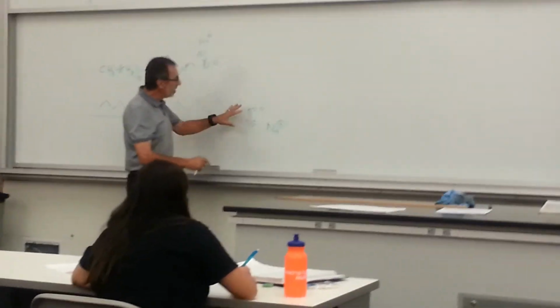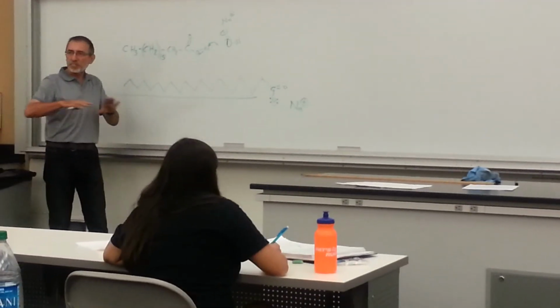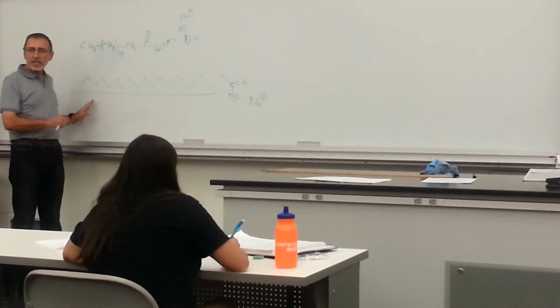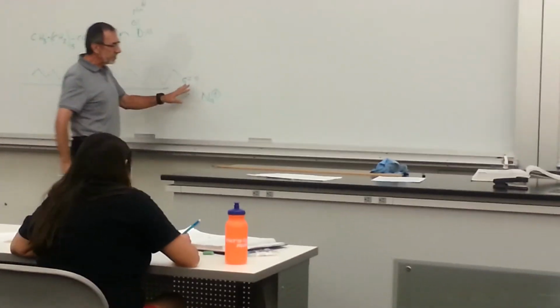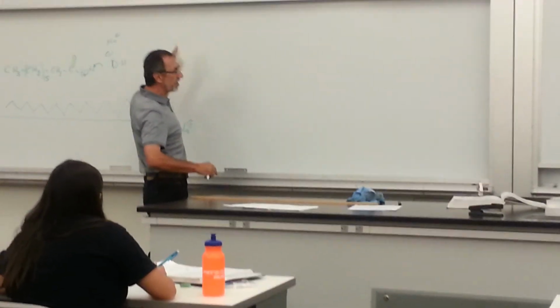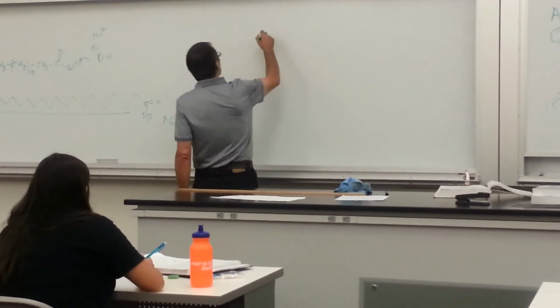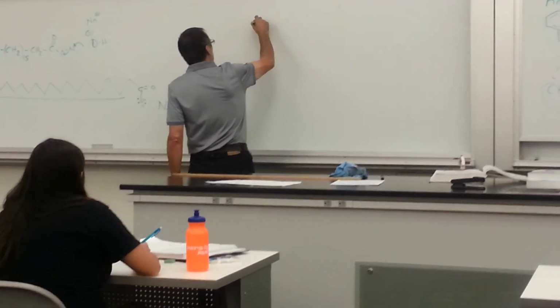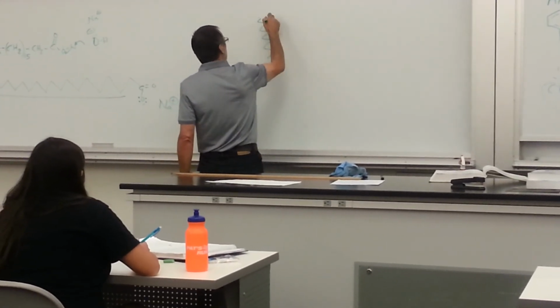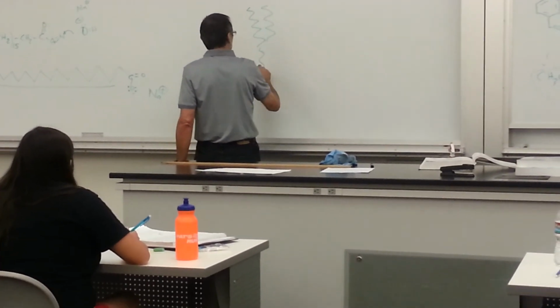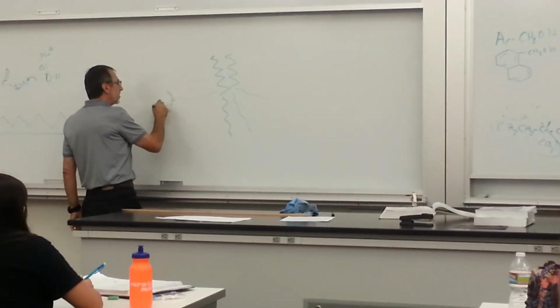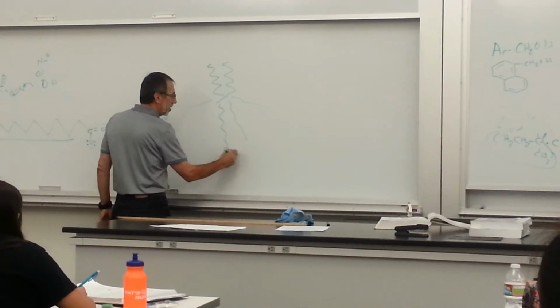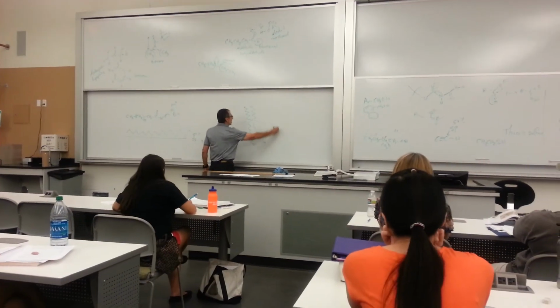So what happens is, someone made the comment earlier that it spreads out. If you put a very tiny amount of this in water, initially it sits on the surface, and this end goes up into the air, this goes into the water. But then what happens is, this end, if we look at it, starts to form a combination like this, and it's sloppy. And on this end is the negative charge, and the negative charge is sitting on the outside, and the inside here is lipophilic, and here's the outside. So here's the